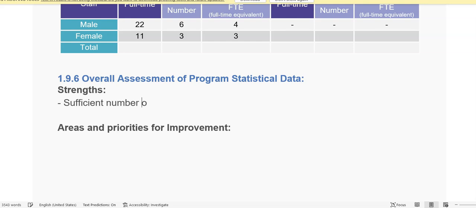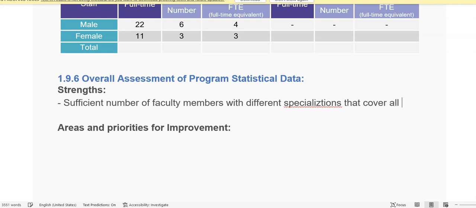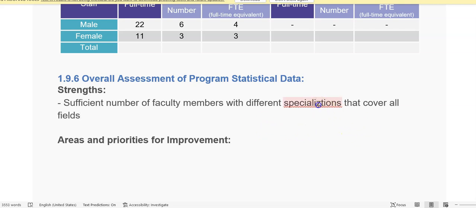sufficient number of faculty members with different positions that cover all fields, for example, and this should be shown as the students to faculty ratio. You can also write strengths about